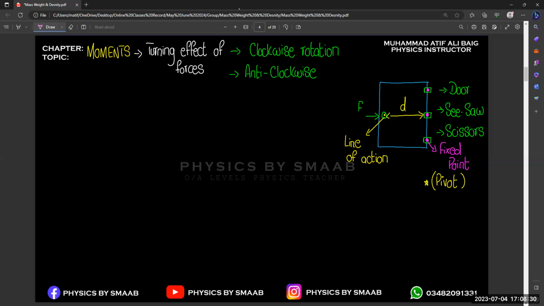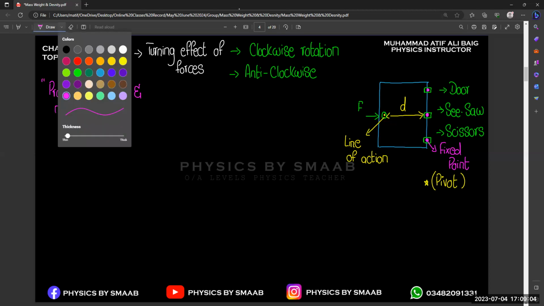Whenever you are going to find the moment, basically moment is the product of force and moment arm. It is a very simple definition related to moments, because they don't ask about the definition of moment in the exam, so it is not very important. So the product of